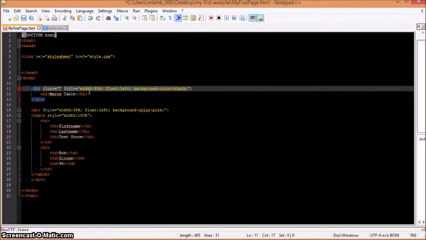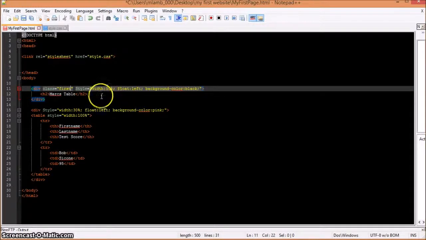The class is more often used because you can use class on multiple divs. You don't really want to use ID on multiple divs. Okay, so let me rephrase that. You can have more than one class. So what we can do is have a class called first,